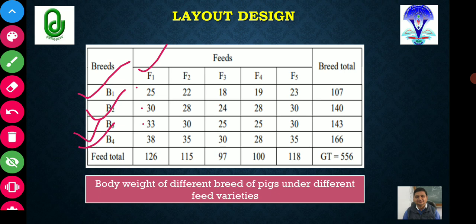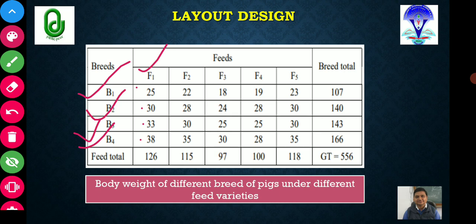1, 2, 3, 4. So that is why the whole group of animals was divided into 4 groups or 4 breeds. So the number of breeds, or in an agriculture experiment the number of blocks, should be equal to the number of replications that is fixed for each treatment. So here I have fixed replication for feed 1 as 4, feed 2 as 4. That means for each treatment I have fixed the number of replications to 4. That is why the whole experimental material has been divided into 4 groups.